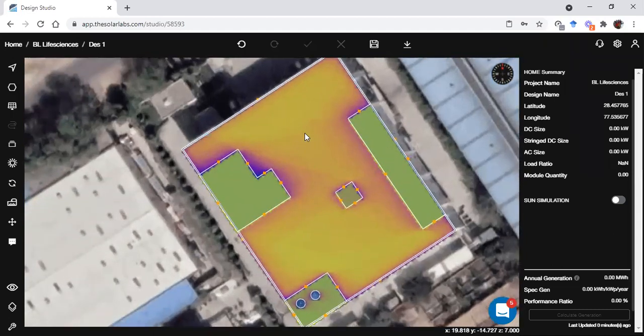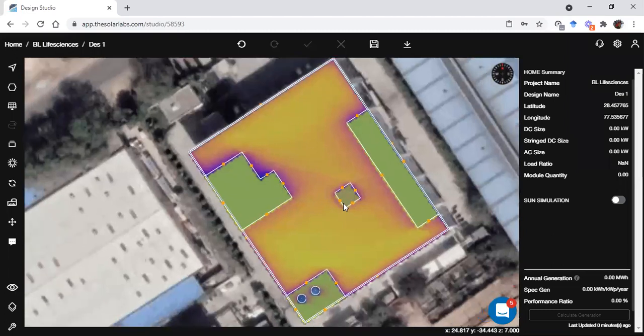And if you go from yellow to blue and then purple, more shadow will be there. If you go from yellow to purple, the higher the shadow. In this part where we have the blue purple area, we'll have a lot of shadow. We can also visualize this because there is this mountain at a height greater than this area, so obviously this part will have some shadow. Like this, you can optimize where it is best to place the panels. Let me hide the heat map first.